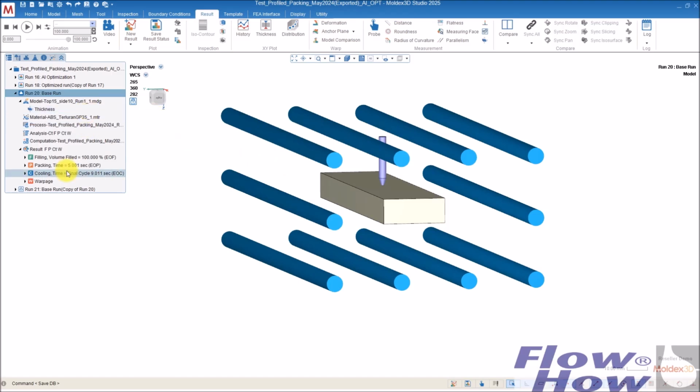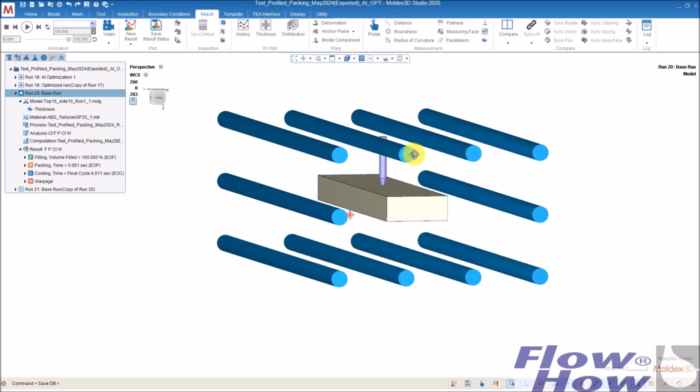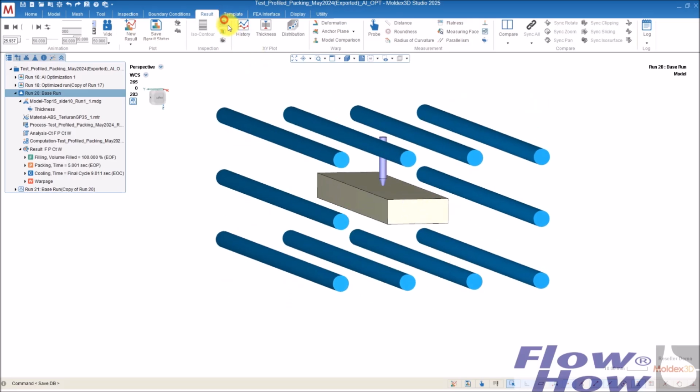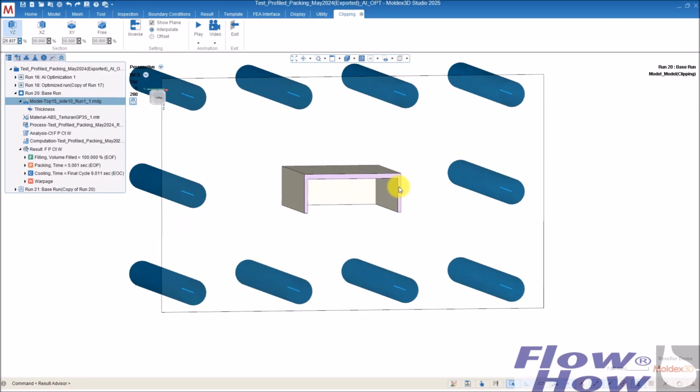So what I've done here is a simple model with a part, and in this part I have a differential wall thickness, so thin walls and a thick wall, and I run in ABS without fibers.